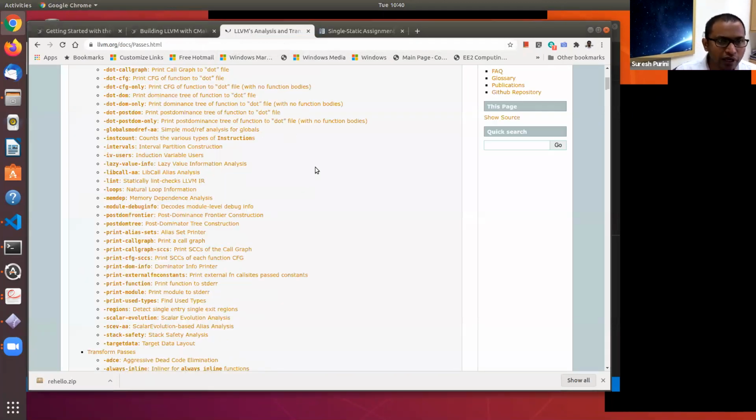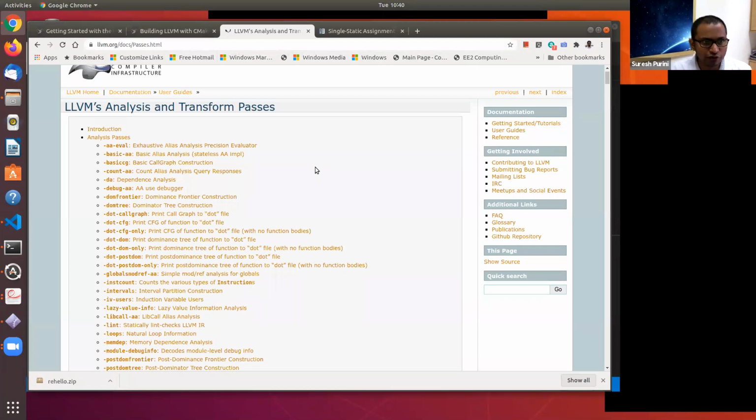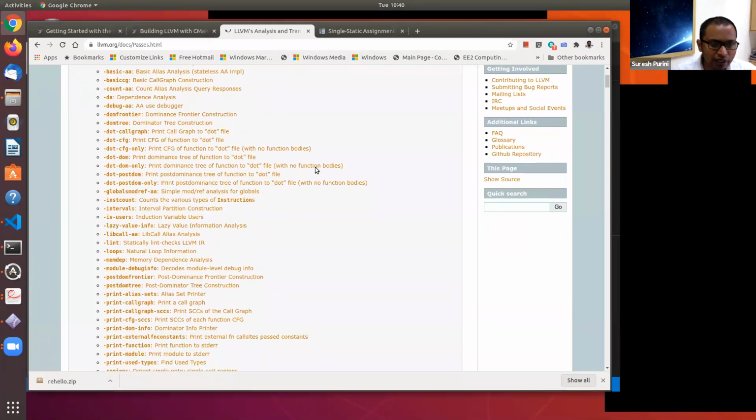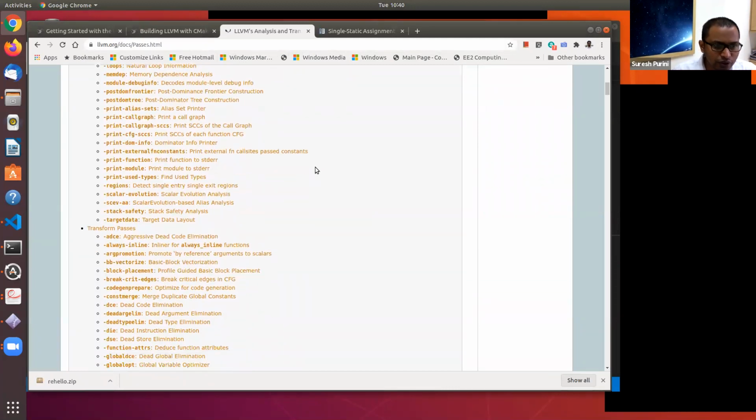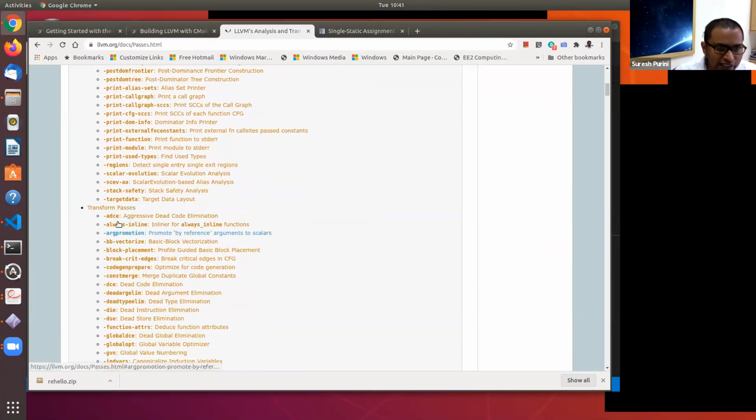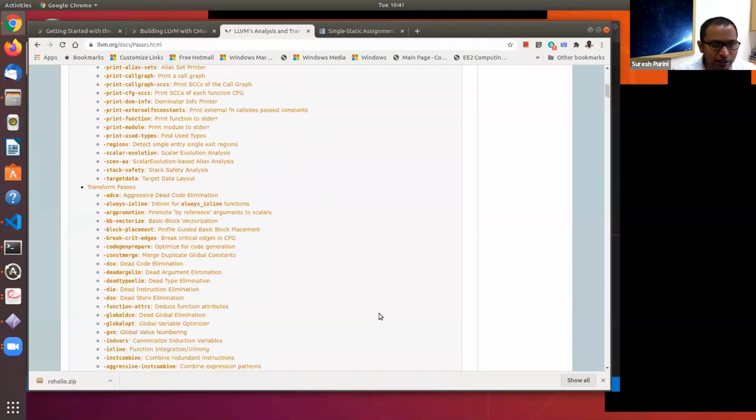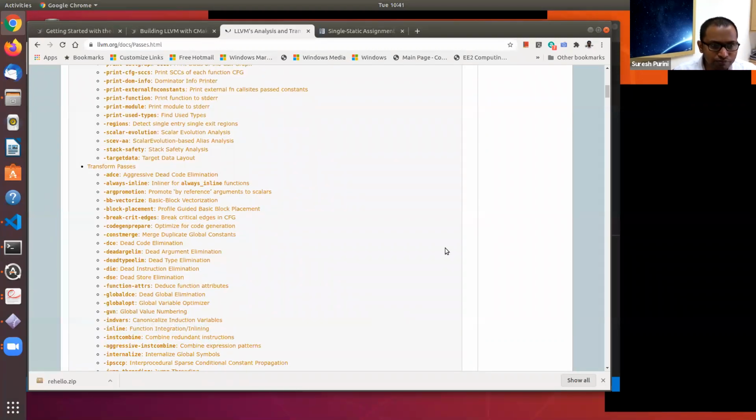So here, if you look at the middle end of LLVM, there are many analysis passes and transformation passes that will be invoked. For example, you can see this transformation pass, aggressive dead code elimination. And you can see one more transformation pass, global value numbering. There are many optimization and analysis passes that are available.